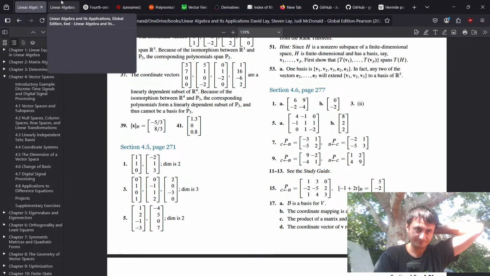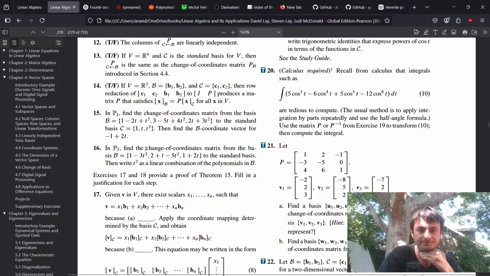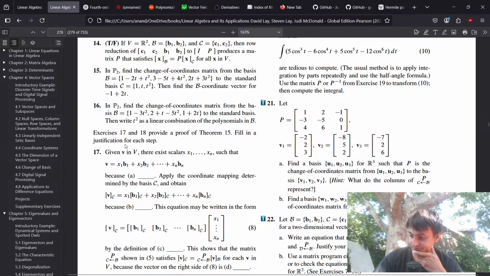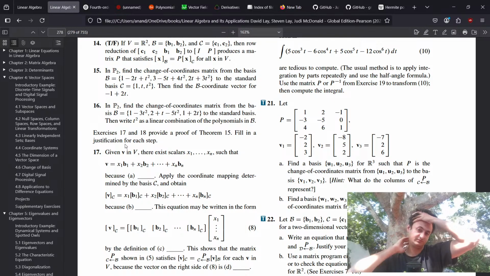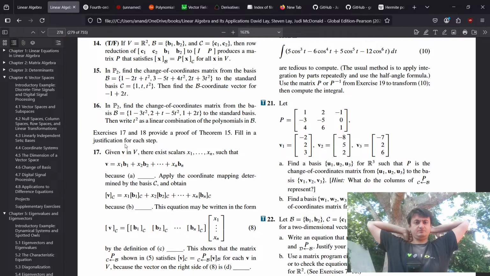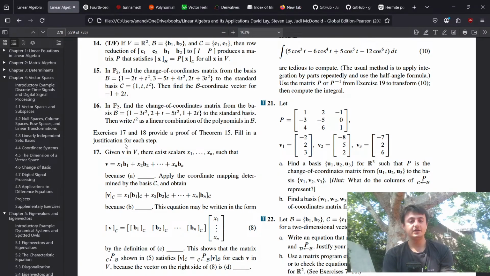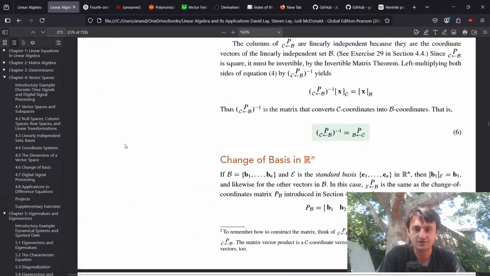Okay. 16. This is the same thing as before. Let's just go to 17. Okay, provide a proof of theorem 15. Theorem 15 is